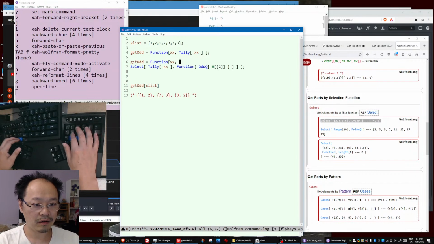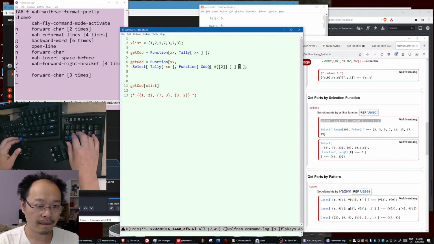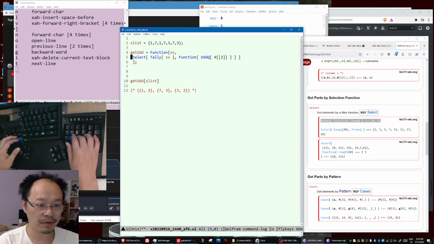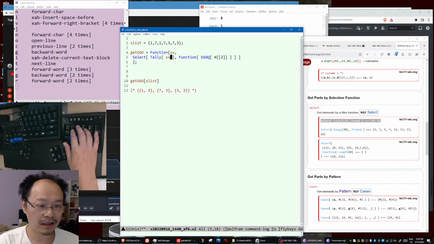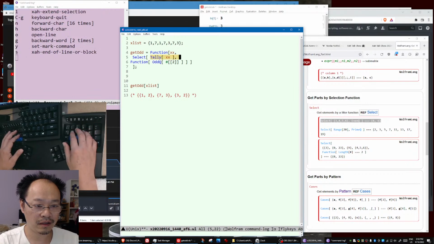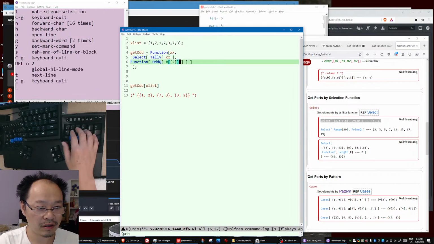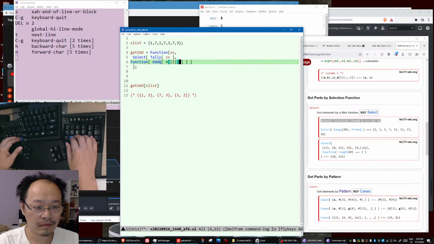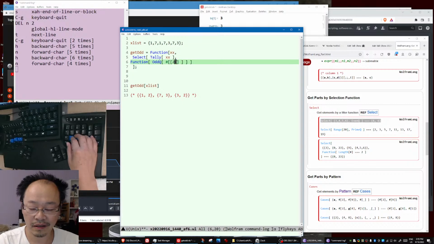Okay, let me explain. Wolfram language is just like Lisp. So here is a function already, so remove that. First of all, we get Tally, and then we Select. Select takes two arguments. The first one is the data. The second one is a function, and this function is going to be OddQ of the second argument. This pound sign stands for the input of the function. So we take the second part and we check if it's odd. Then if it is,